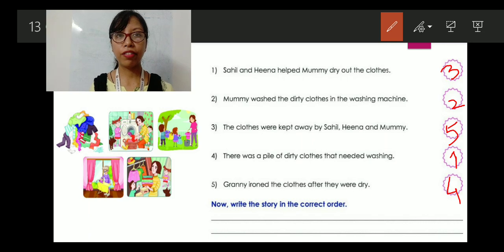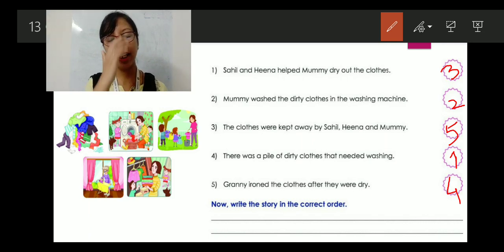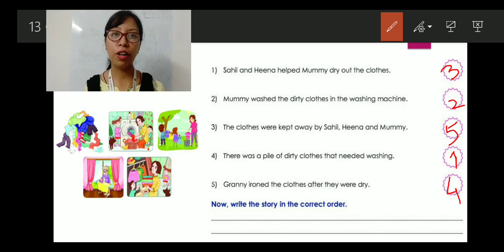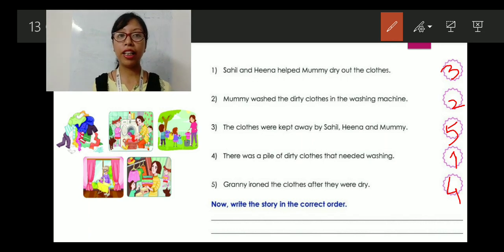So here we have come to the end of module 3. Today we have learned about the stretch of a sentence and how to write a story in an orderly way, in the correct order. In the coming days we will learn how to write the story also. So please go through the stretching of a sentence and how to write the story orderly, and also read the has and have, the plurals and synonyms as well.